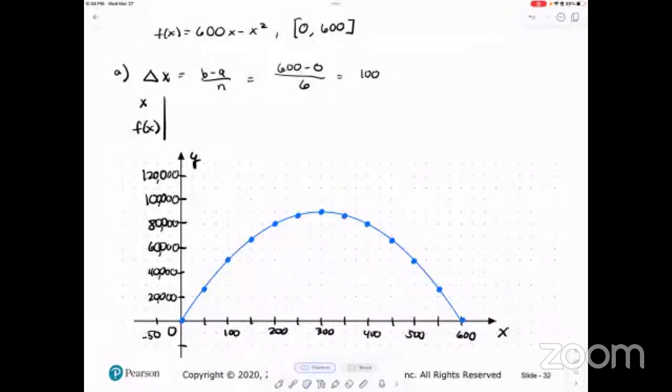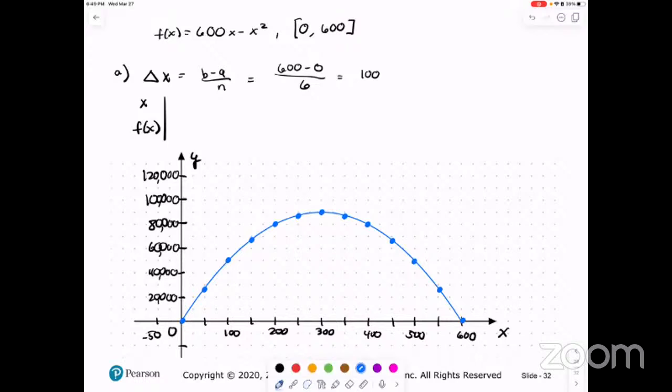All right. And actually, what's the time? Okay, I think we got time. Let's keep going. So now this is our graph of the 600x. That's our graph of f of x, basically. So this is our f of x in blue. We'll do our Riemann sums in orange. So if we break it up into 6 subintervals, each triangle should have a width of 100. Now, we can match